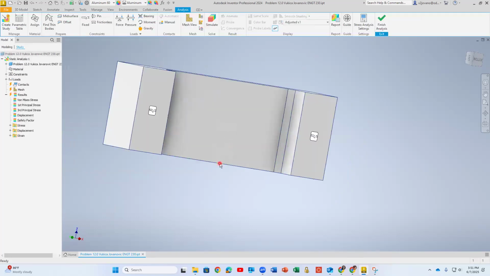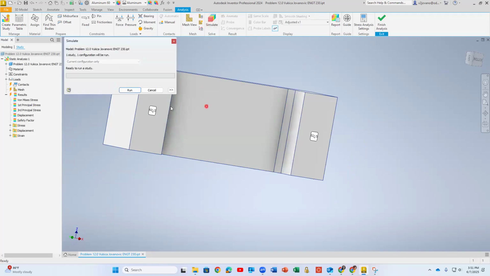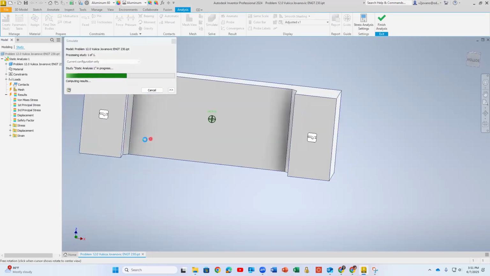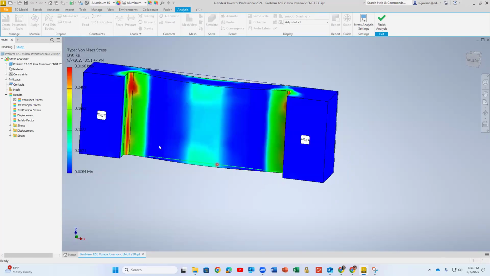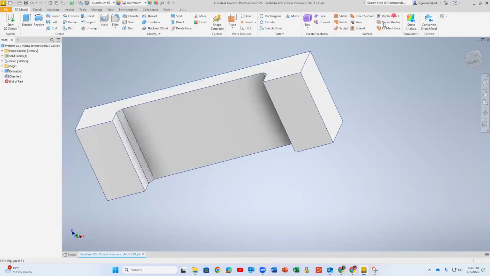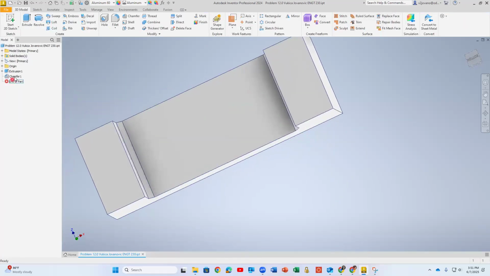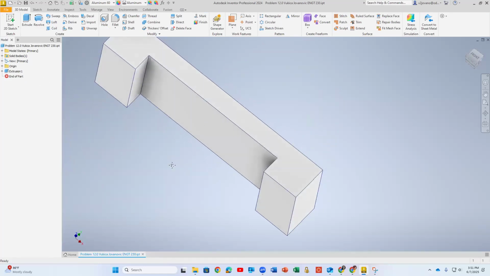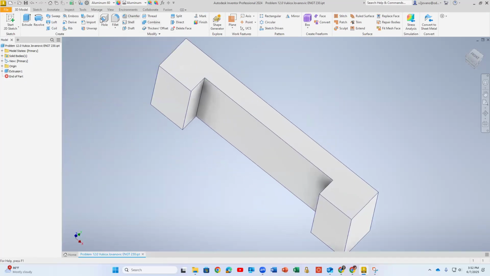So if I do stress analysis and simulate, run, what will happen if I add chamfers? You see, then the distribution of stresses goes a little bit different. Then maybe I can see what happens if I add ribs or something like that. So when you have ribs,